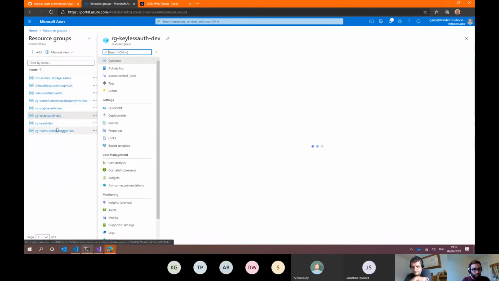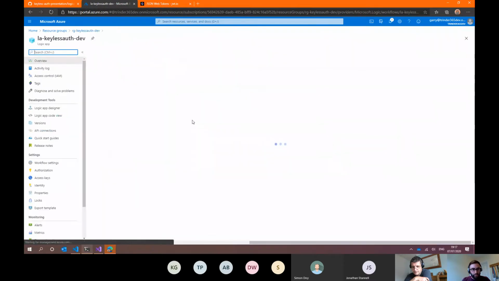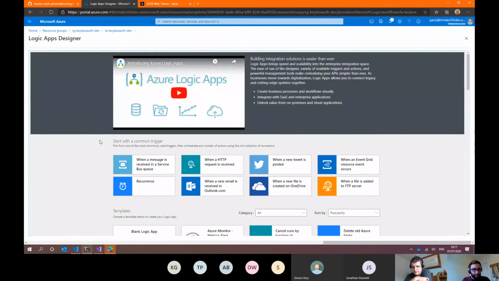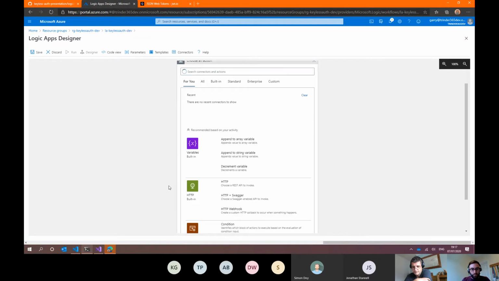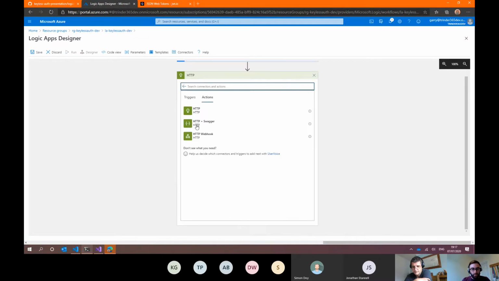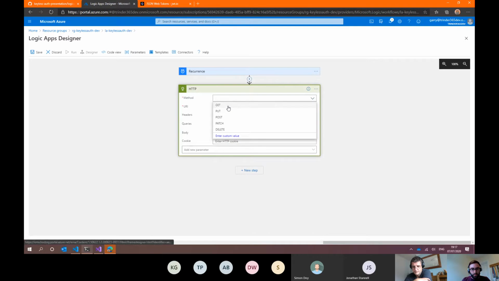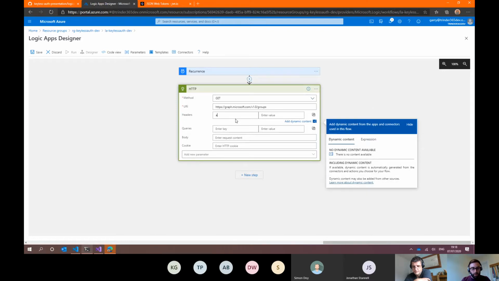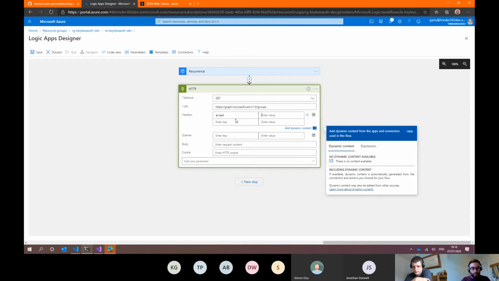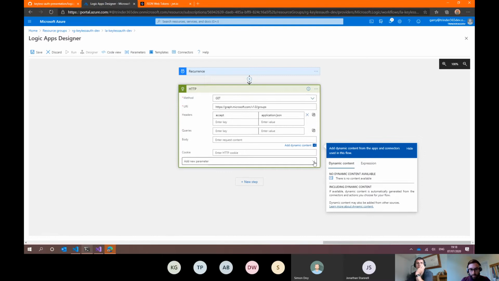To call Microsoft Graph, into the Logic app. It's completely empty. So I'll just set a recurrence trigger at the moment, and we'll use the HTTP action. I'm just going to do a very simple graph.microsoft call to the groups endpoint. I'll put an accept header in there, application JSON, and then the key bit in here